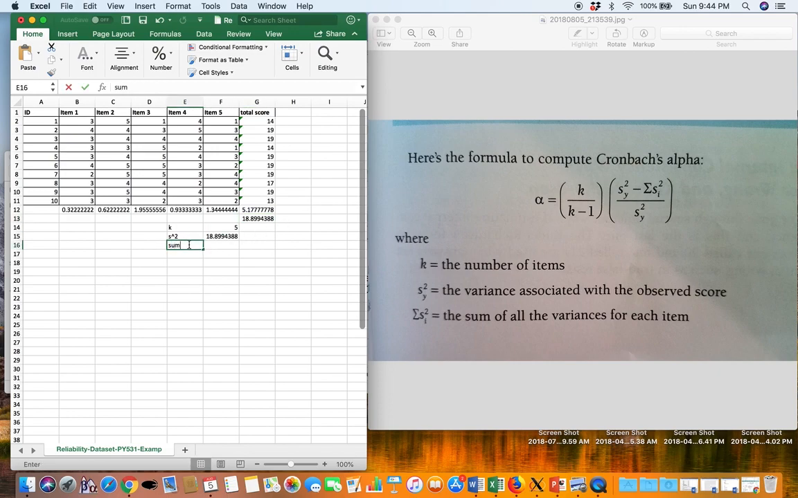So the sum of s to the power of 2 item is this. Okay, so now we actually have all the parts to plug all this into the formula. So let's calculate Cronbach's alpha. So it is